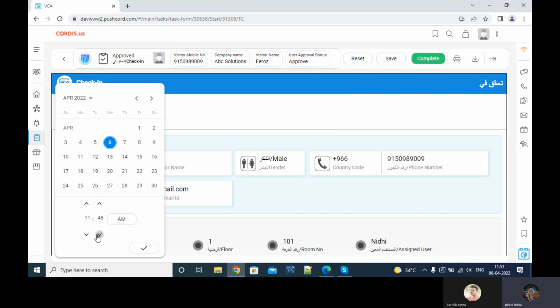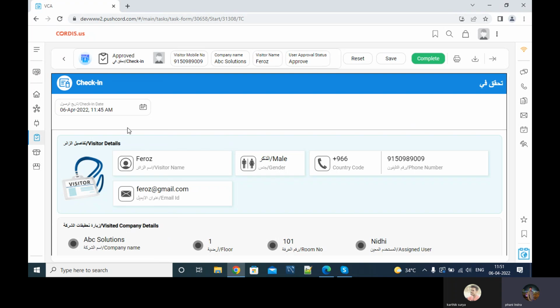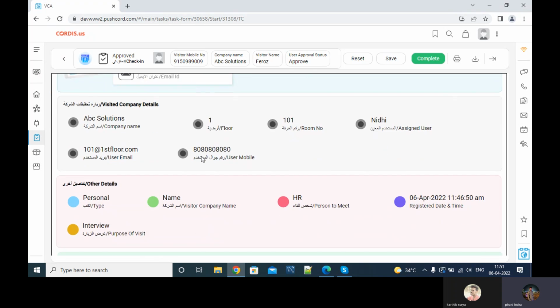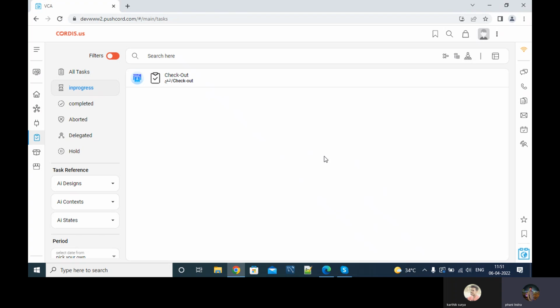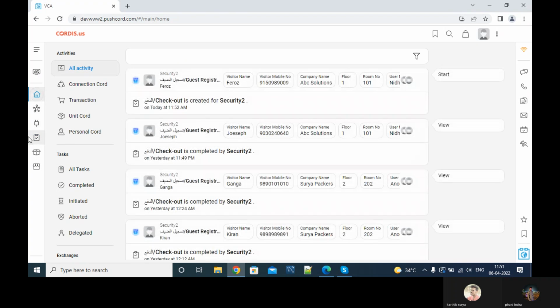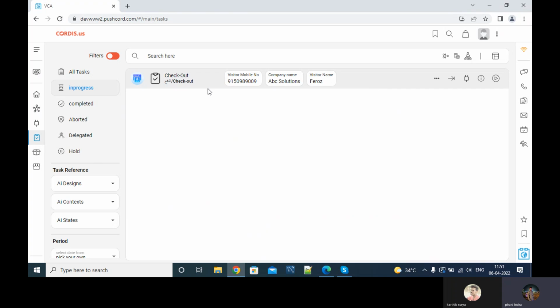So if you want to adjust also, you can. In case we check in at 11:45, you can adjust this time. So with all these time details, everything will come, and I can complete. The moment I complete, one checkout task will also come to this security guard,